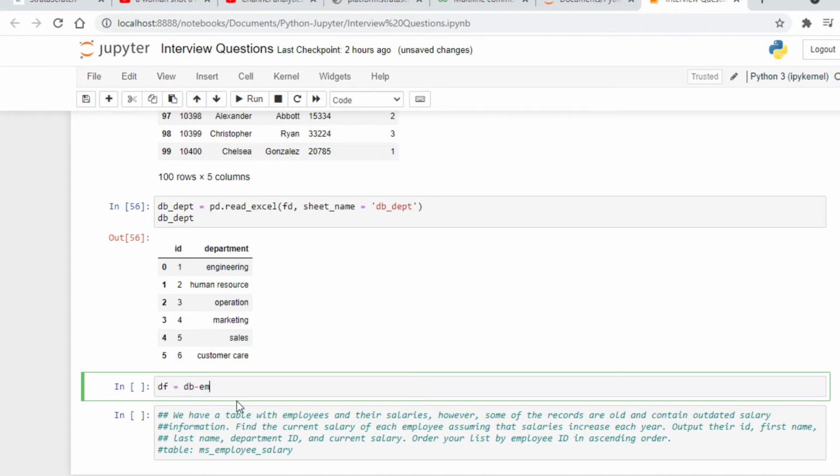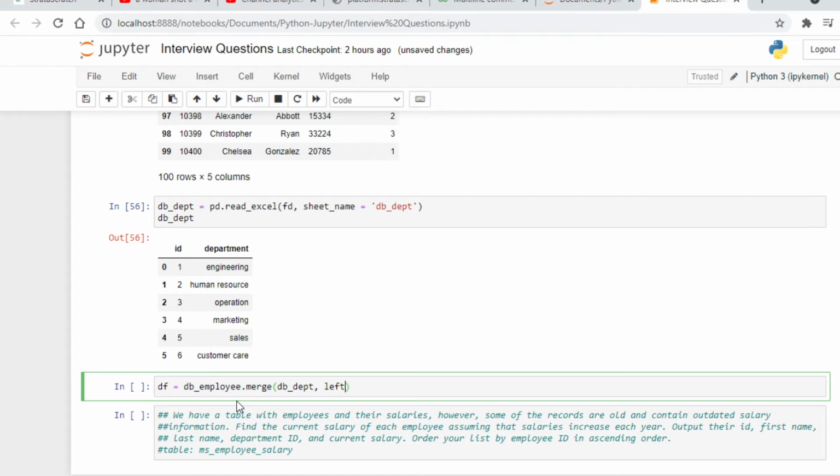So DB employee dot merge, and we are merging it with DB department, and we will provide the column name on the basis of which we are merging our data.